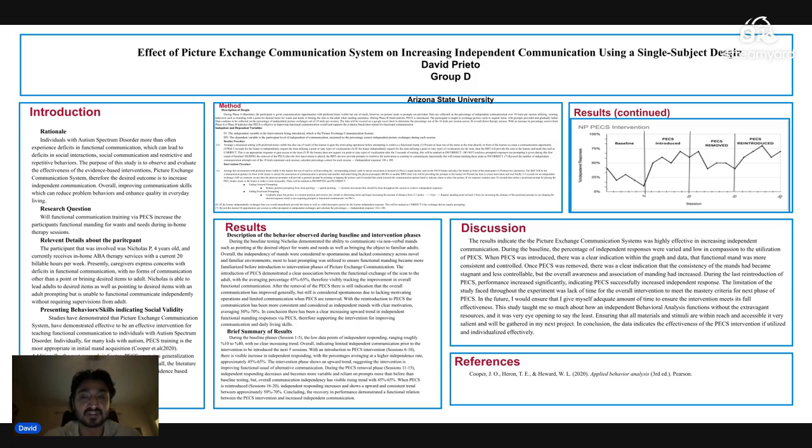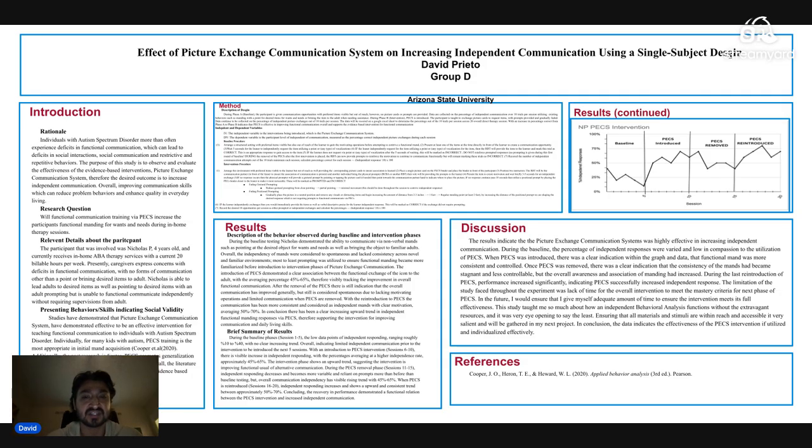So essentially, the purpose of this study was to evaluate the effectiveness of the PECS on how it would increase independent manding using a single subject reversal design. The goal essentially was to observe improvement, which if we take a look at the graph, we see that during baseline, it was more so just trying to figure out if demands were more spontaneous or if they were more obviously motivating operations. So during that, there weren't a lot of independent mands, and they were more inconsistent during this time,